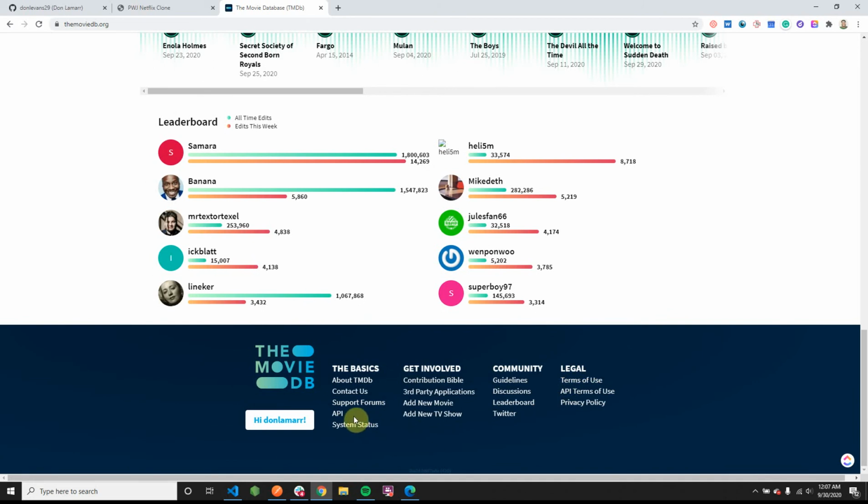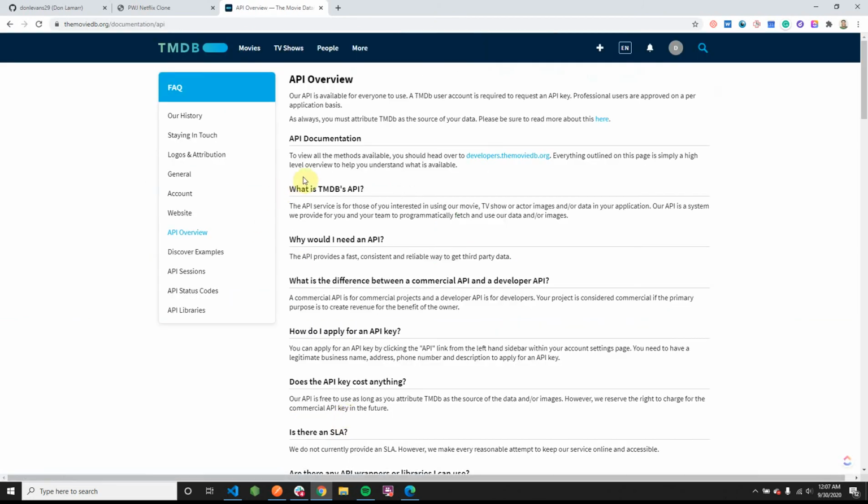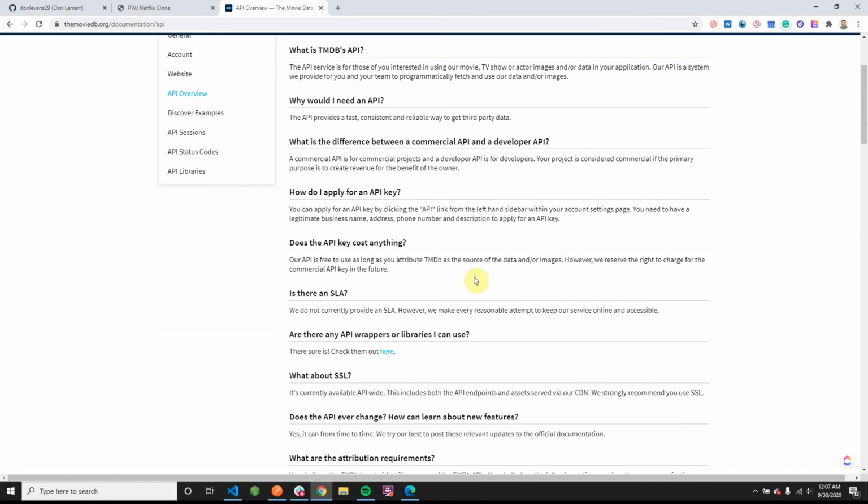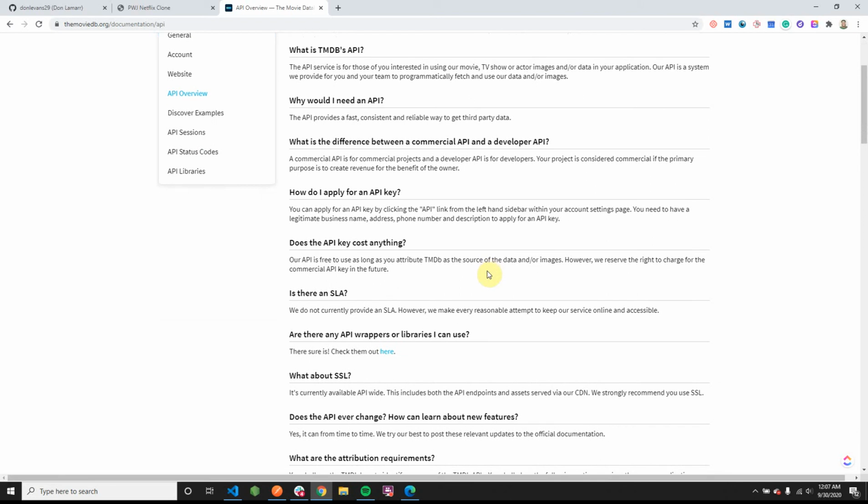They have different sources. If you click on API, usually at the bottom of websites, you'll find API data. It's probably why you're watching the video anyway. But for this one, you actually need to register, and it's kind of more complicated because you have to be a real business. You can't just be playing around. You have to be a legitimate business right here. At least I think so. But anyway,